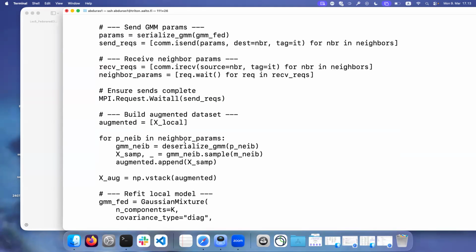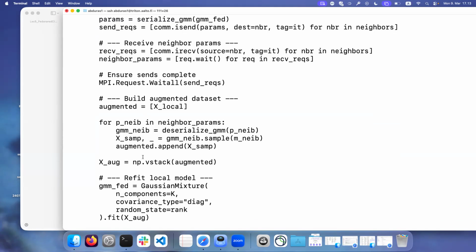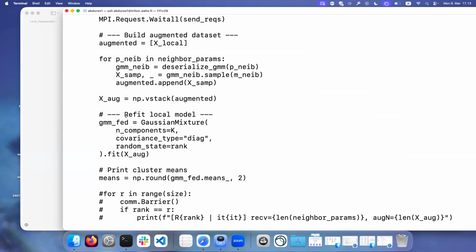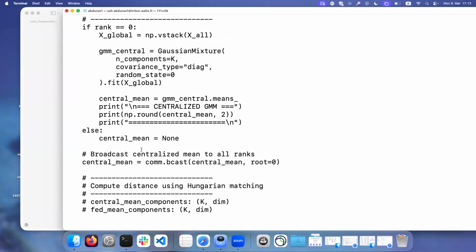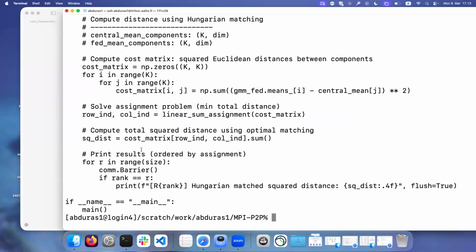Given the neighbors' parameters, we're again using the scikit-learn GMM model and just sampling data points from the neighboring distributions. And then we just refit the local model on this augmented data set. So that's basically it. Let's try to